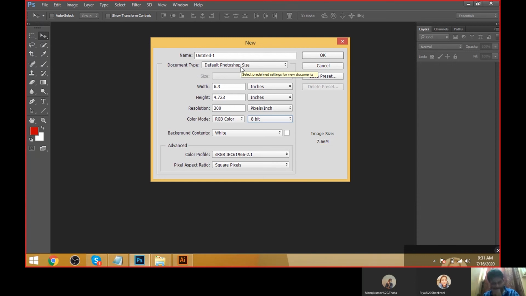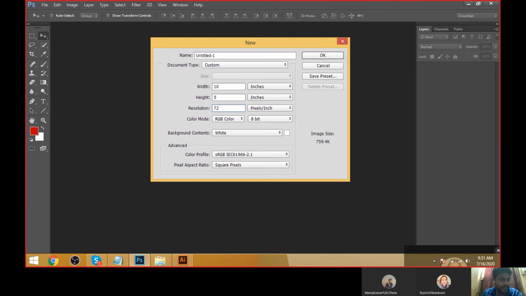But when you keep the default Photoshop size, I need to change some sizes. Width will be 10 inches, and height only 5 inches, half of it. And I'm not working for a printing purpose, I'm working on a sample. It's a test process, it's a practical session only.